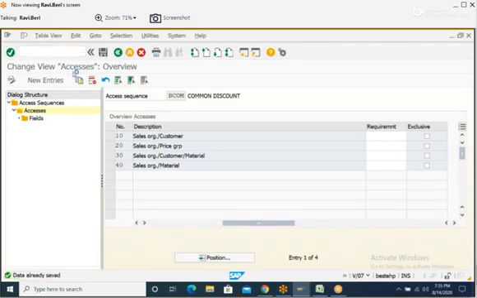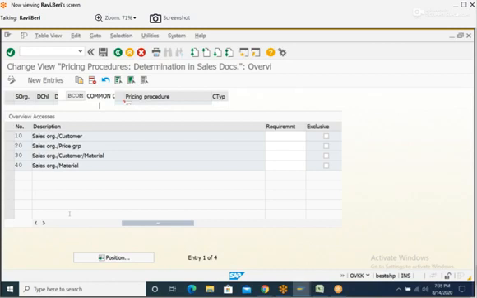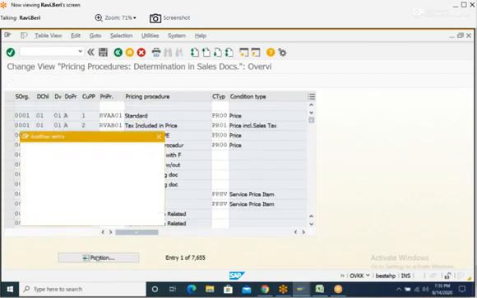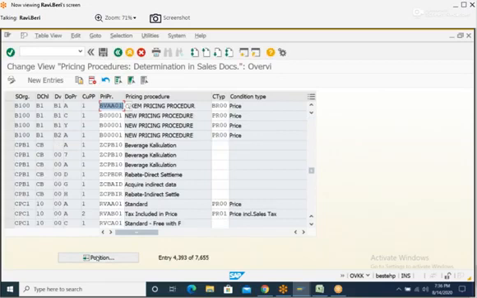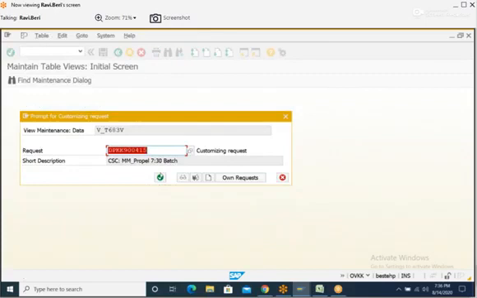I'll assign this new pricing procedure. This is the BCom, actually BVW, we discussed. So I'll change the pricing procedure to BVW02. Save it. Now I'll create order.